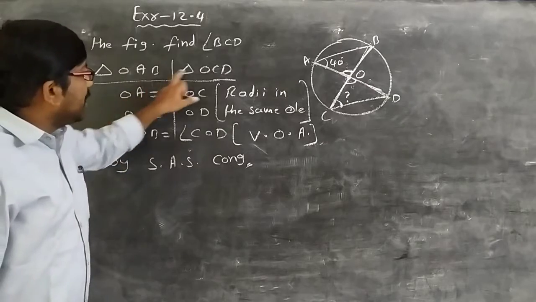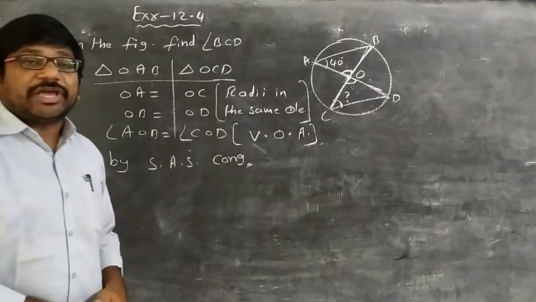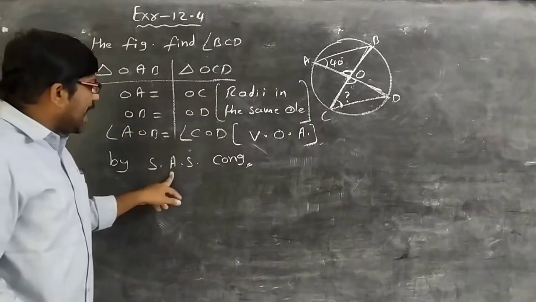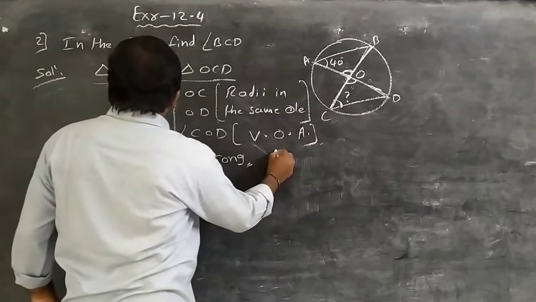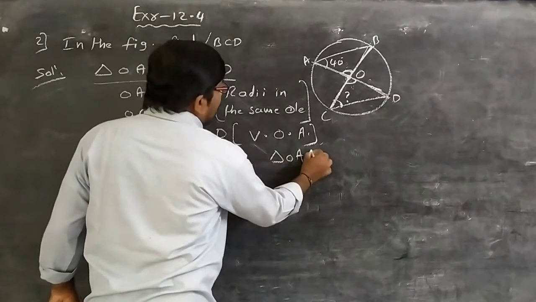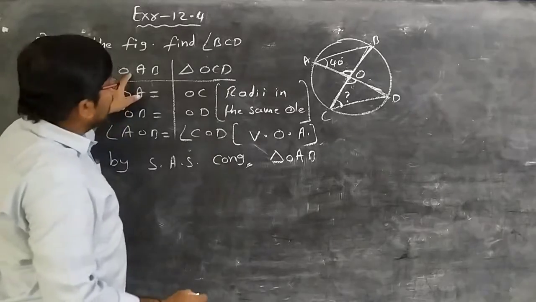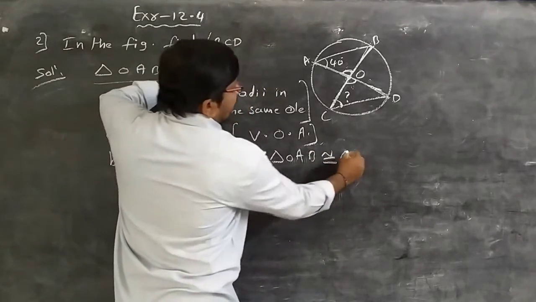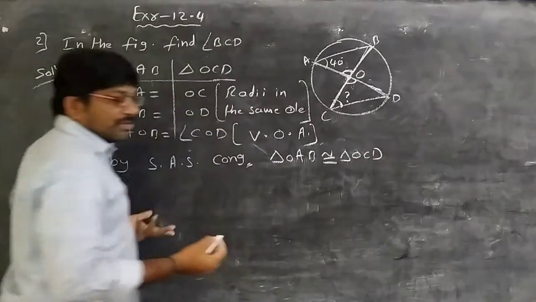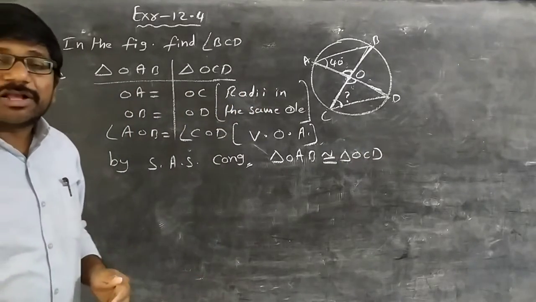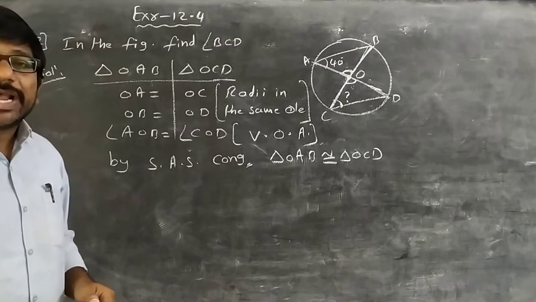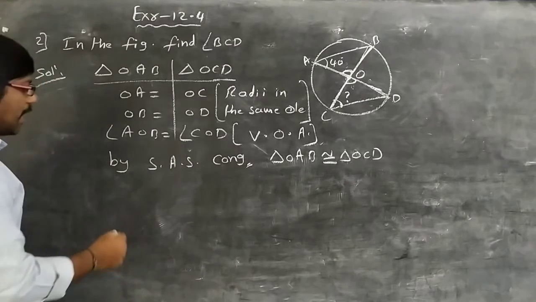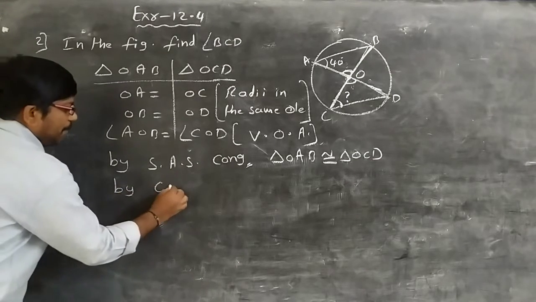Then the two triangles are congruent. By SAS congruency, triangle OAB is congruent to triangle OCD, right? That's it. If two triangles are congruent, then their corresponding parts are equal. By CPCT,